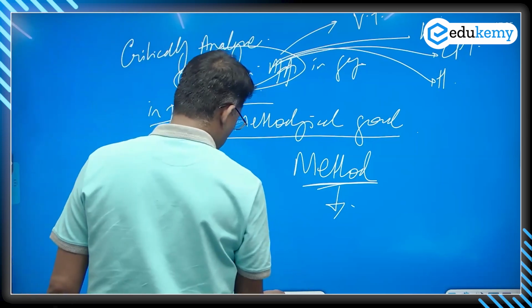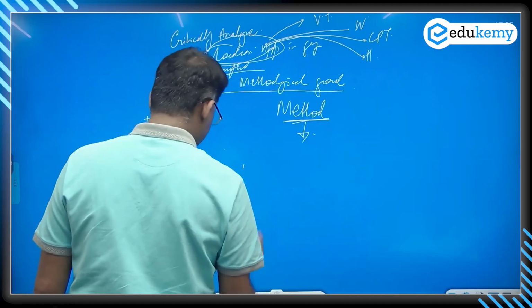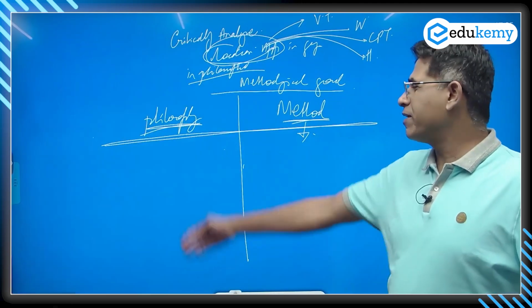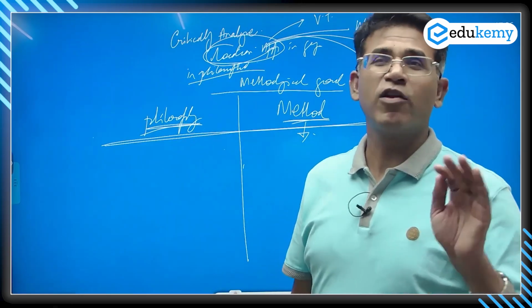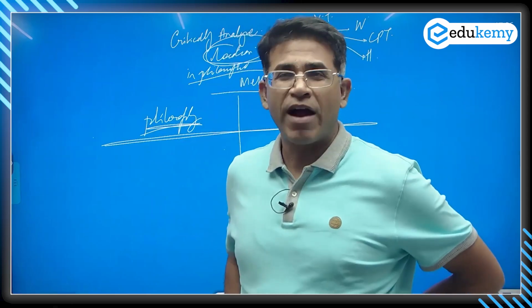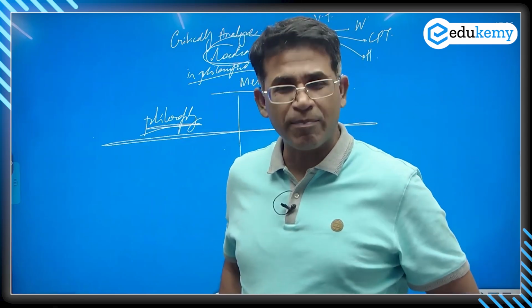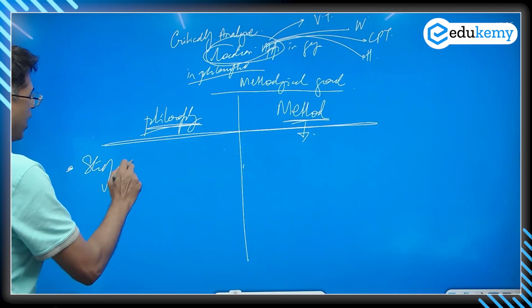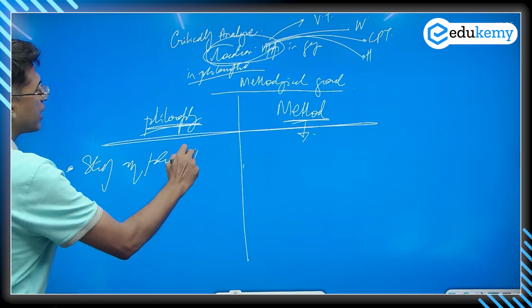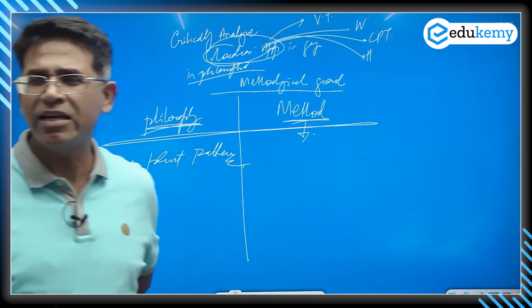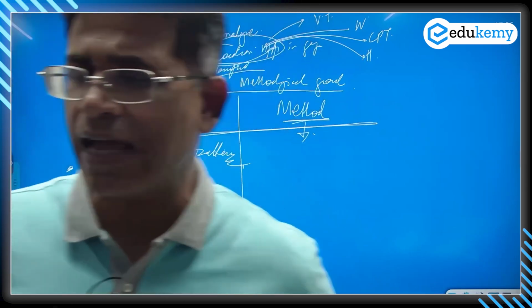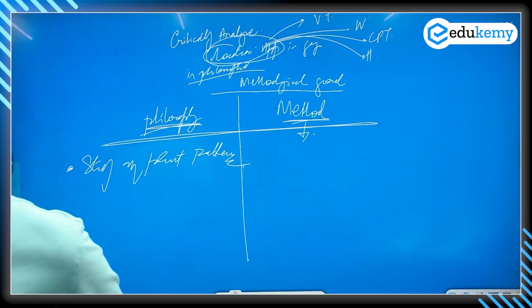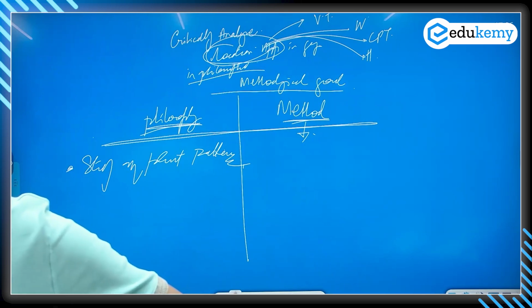Now tell me, what was their philosophy and what was their method? How do you separate this? If you get 3-4 points, you're on. The philosophy is about generalizations, finding laws, finding commonalities, finding a pattern. The philosophy therefore is that it is possible to study any phenomena in terms of patterns. Earlier, this idea was not there, this philosophy was not there. We saw all the patterns as isolated events. The idea that all patterns have a connection, an interrelationship, and that they are part of some kind of order was not there earlier, right?